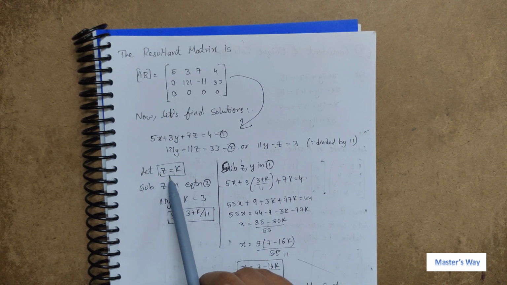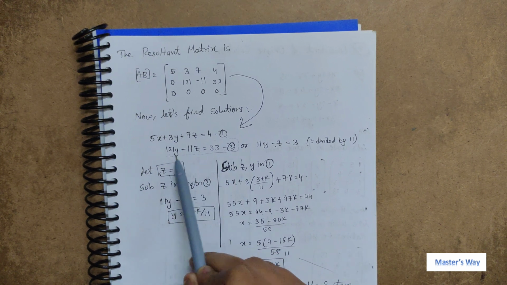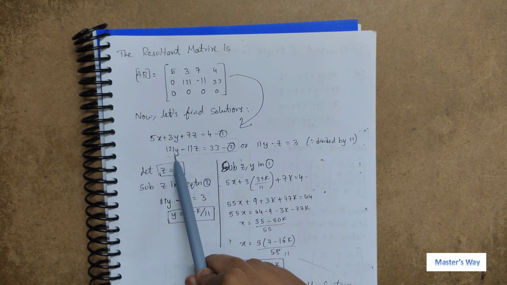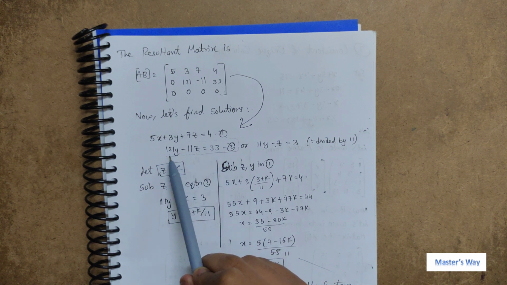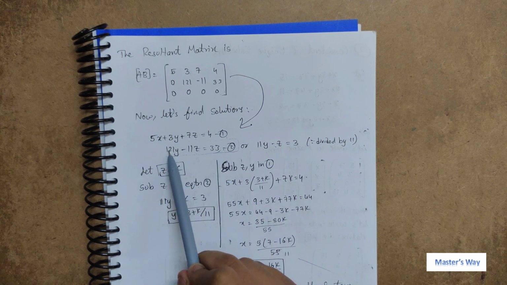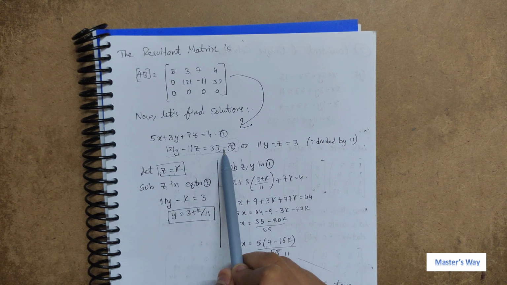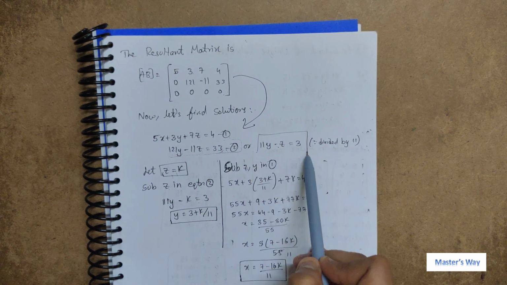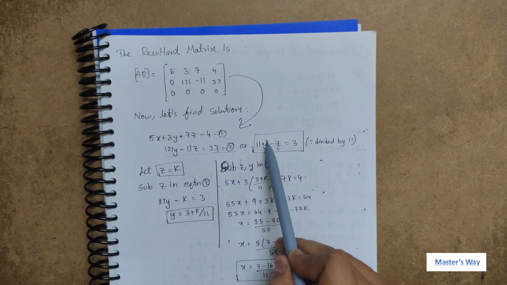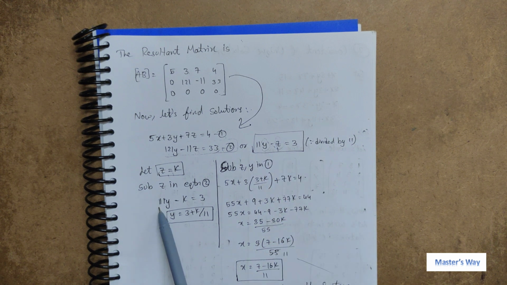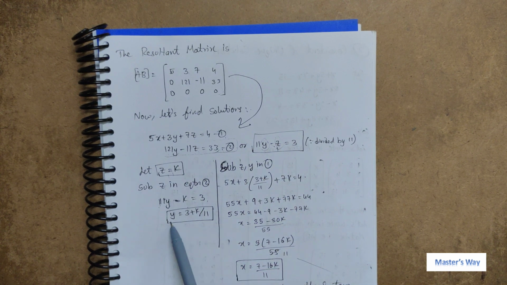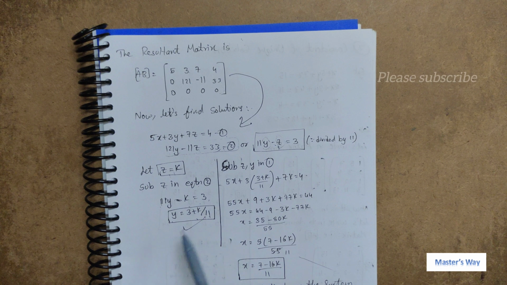Now with this z equal to k, we need to substitute in the second equation. Okay, substitute z in equation 2. What is equation 2? 121y minus 11z equal to 33. We can minimize this equation by dividing it by 11. So 121 by 11 will be 11, 11 by 11 will be 1, 33 by 11 will be 3. This will be the resultant equation. So in this equation, we will substitute z equal to k. Then we will easily get the y value. So here I have done the same thing, 11y minus, substituting k in the place of z, equal to 3. Then I got the y value 3 plus k by 11. This is the y value.